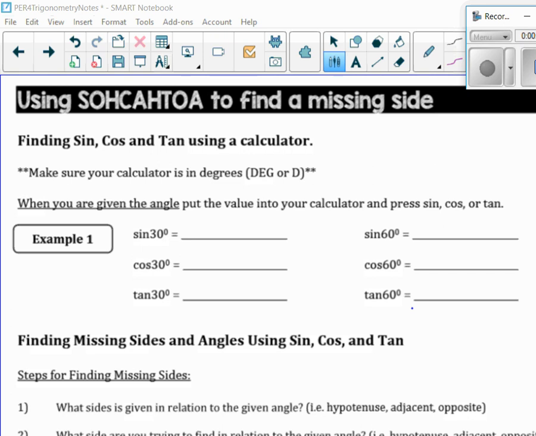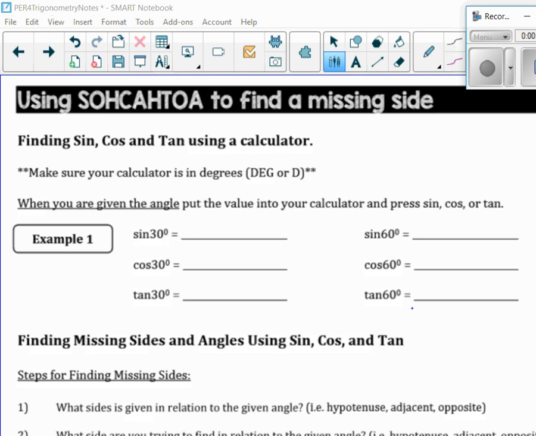SOHCAHTOA to find a missing side. So you need to practice setting it up so that it's very fast. That's not even the skill yet, right? You have to just get it fast so you can get going. So the first thing is we're going to just put these values into our calculator just to get a little